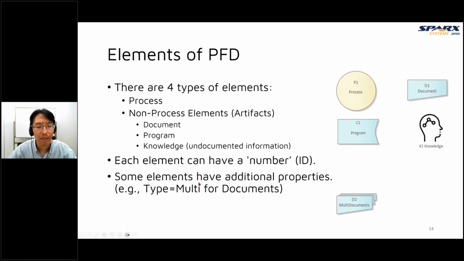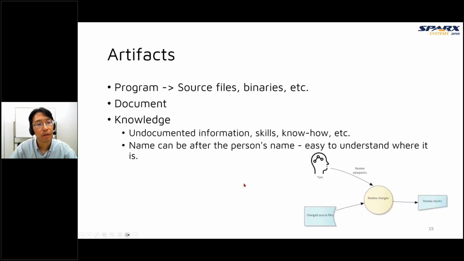Some elements have additional properties. For example, a document element has an additional property, type. When we change the type property to mode, the icon changes like this. That means this is not only one document, but two or more, a bunch of documents. As I told you on the last slide, there are 3 types of artifacts.